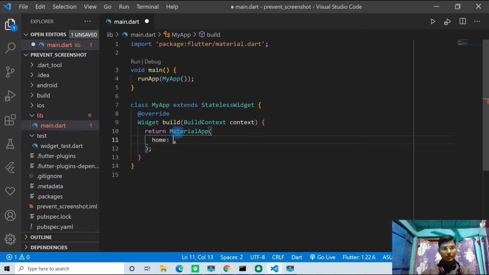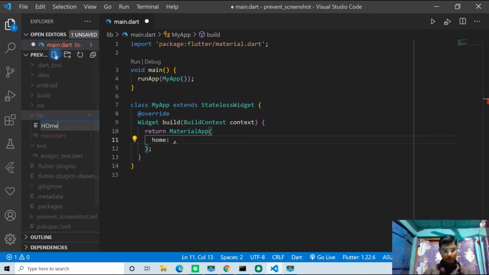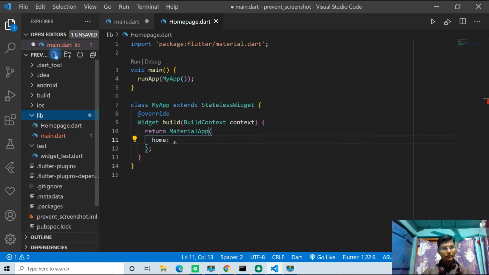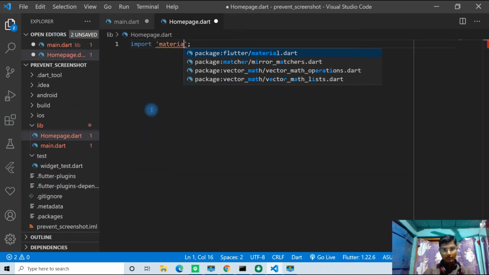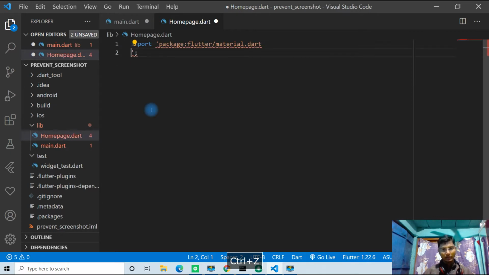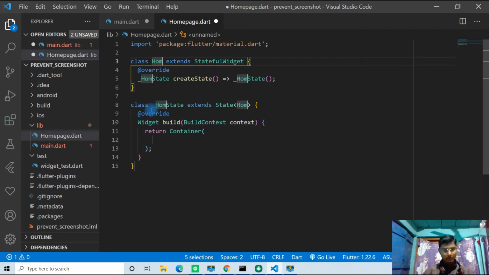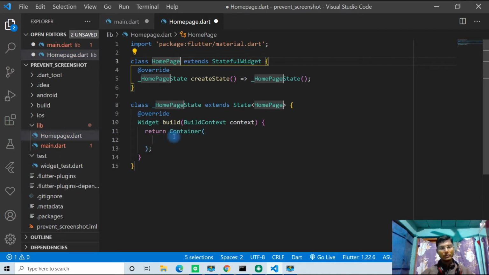Now we will make a first home page. So click on this lib and make a new home page. Import material.dart, and make a stateful widget, HomePage.